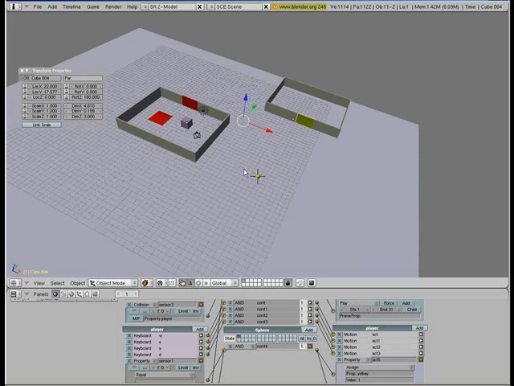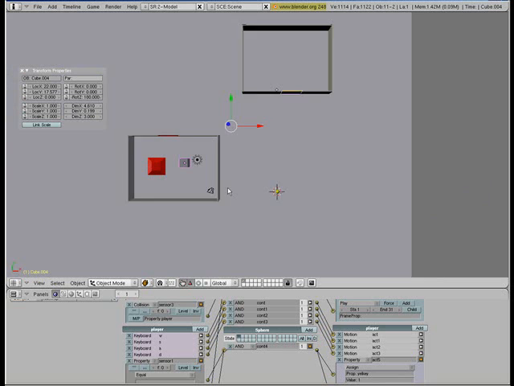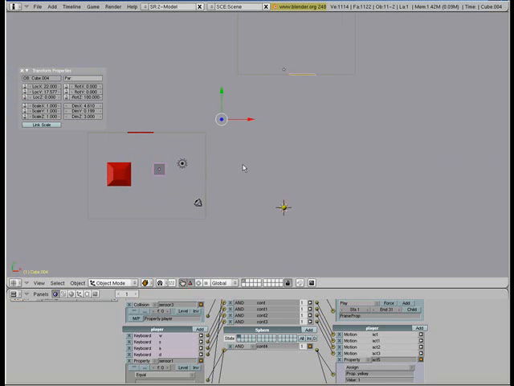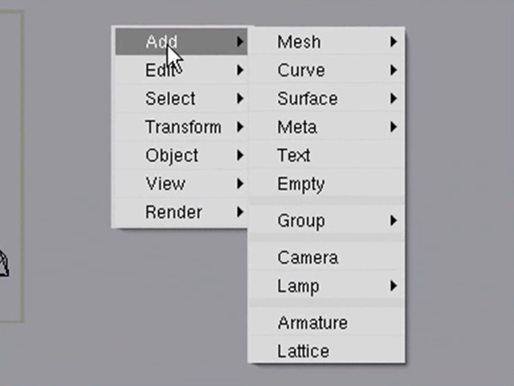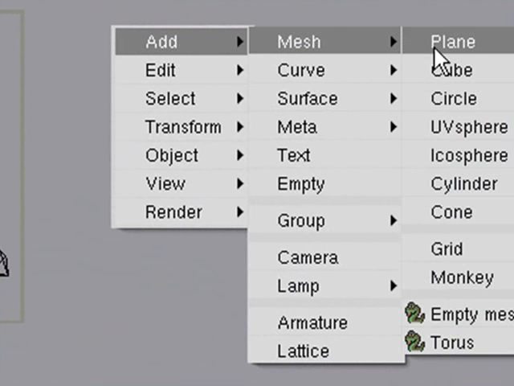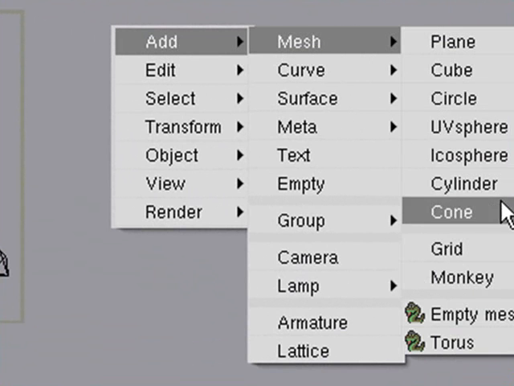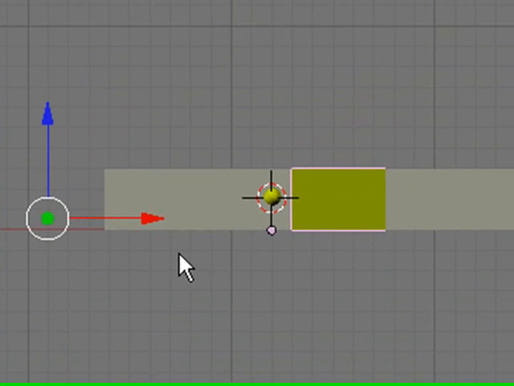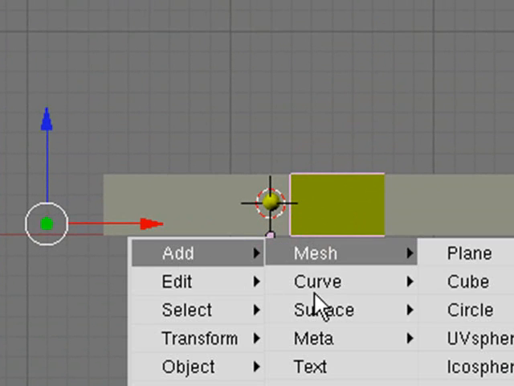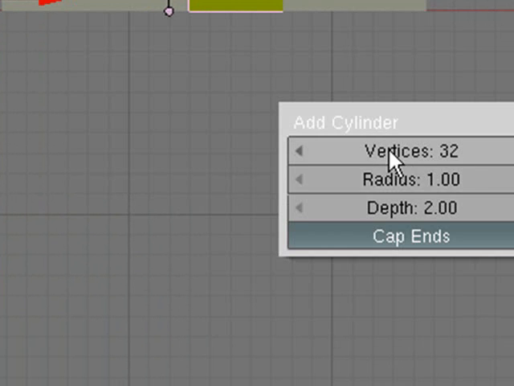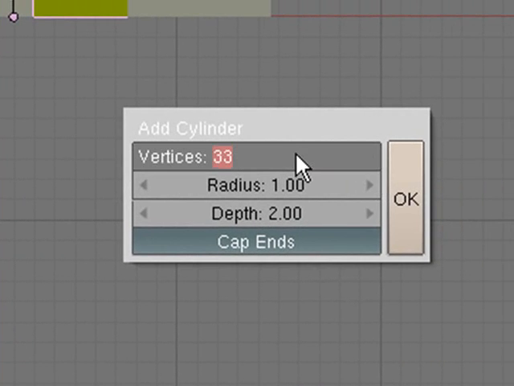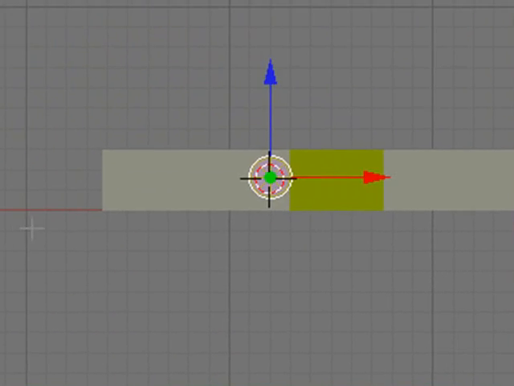So to start off with, we're going to make the objects that are going to give you score, which will be, in my case, a coin, but you could have it as anything, like a panel you run over or something, but a coin seems to be one of those recurring themes that pop up in all these sorts of games, so I'll stick with the trend. I'm going to add a cylinder, but I'm going to change it to 8 vertices, just so that it's